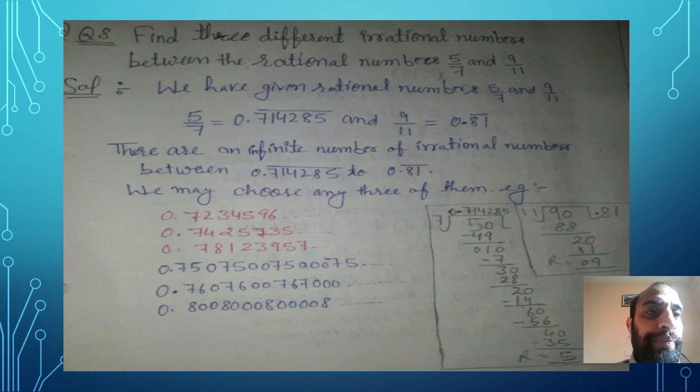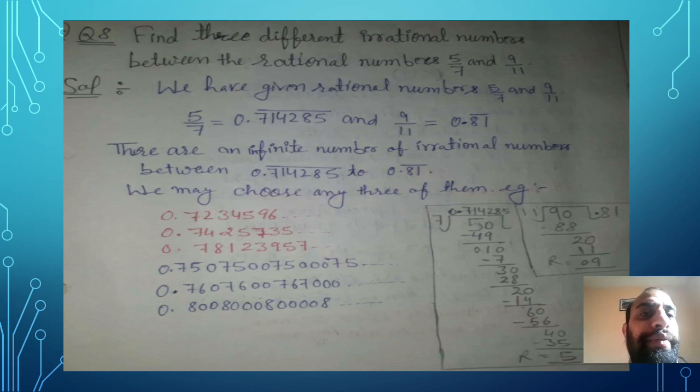You need to divide first 5 by 7, then put decimal, it becomes 50, 7 7s are 49, then it becomes 10, 7 1 is 7, 3 left, 30, 7 4s are 28. In the same series, if you keep dividing till the last, then you will get that it is not terminating, as well as it is recurring. In the second case, we need to divide 9 by 11, then put decimal, it becomes 90, 11 8s are 88, 2 left, 11 1 is 11, 9 left. You can see once again 9 is there. This is also the case of a non-terminating recurring decimal. So how to write the answer, you can see upside.